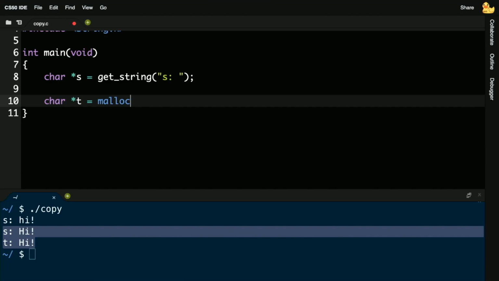So how do I do this? Well, hi, exclamation point, \0. I could literally just say 4, but this doesn't feel very dynamic. I think I can programmatically implement this a little more elegantly. Let me go ahead and say, give me as many bytes as there are characters in S plus 1. Plus 1. Why am I doing this?